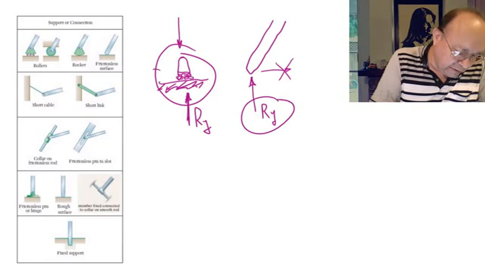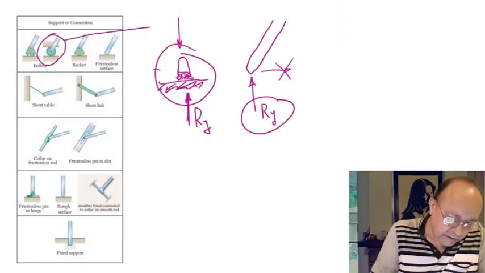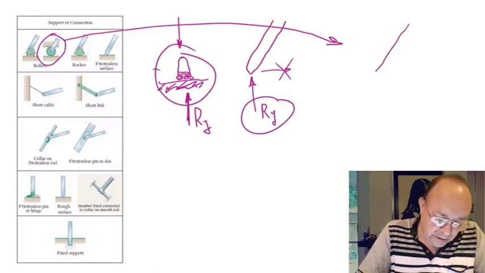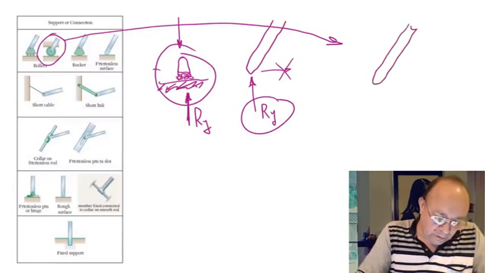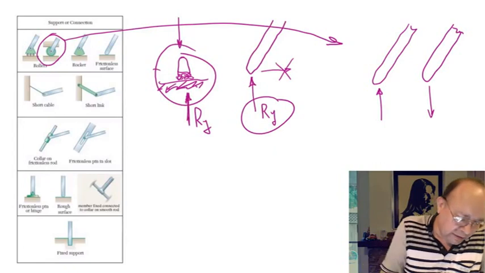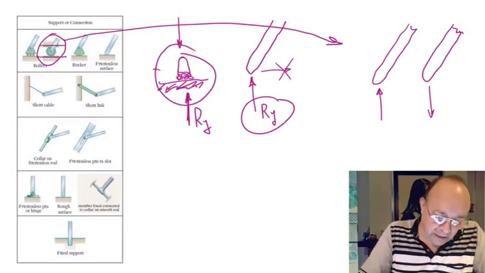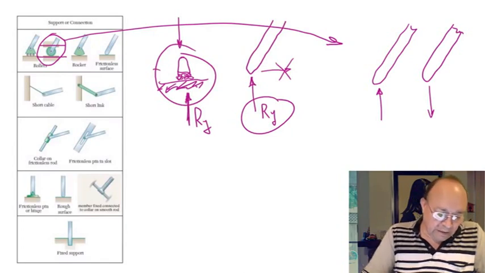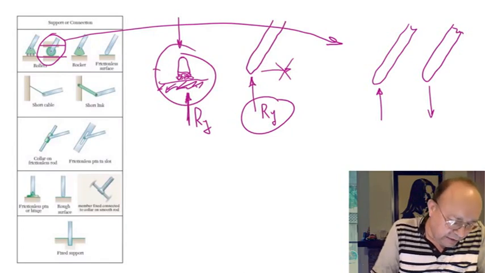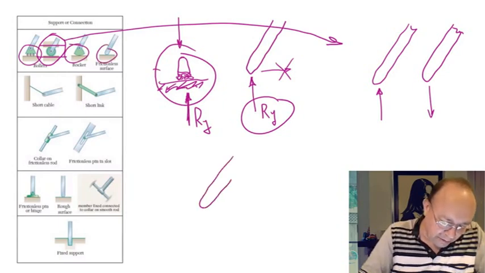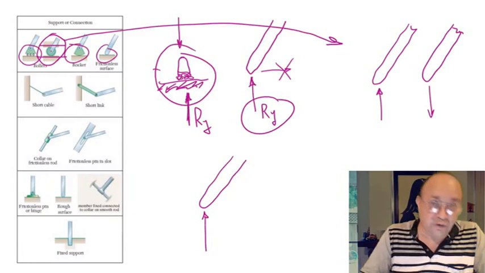This one here is a little different from the other three because this one can oppose force in the vertical direction going up as well as in the vertical direction going down, because it has the restriction on both sides of the roller. So it could be up or down. On the other hand, the other three only apply reaction in the vertical direction going up.